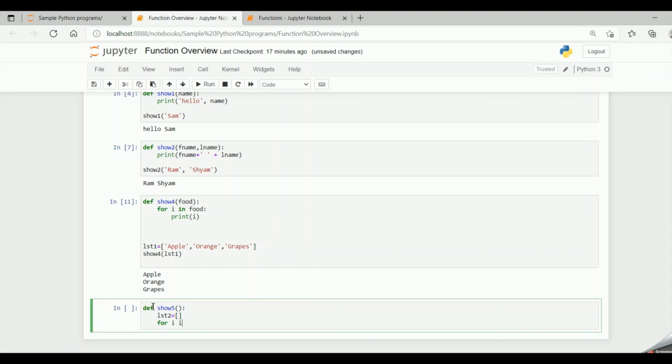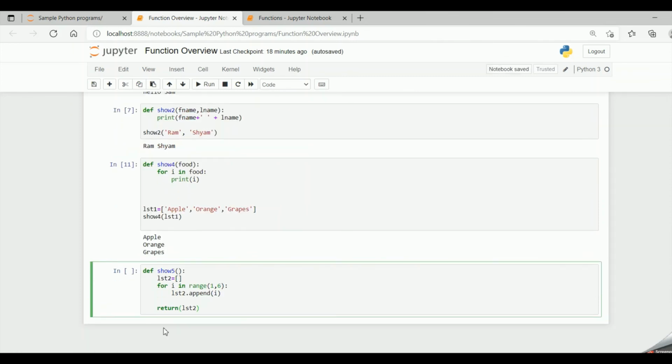For i in range(1, 6, 1): lst2.append(i), and then return lst2. So this is my function definition.